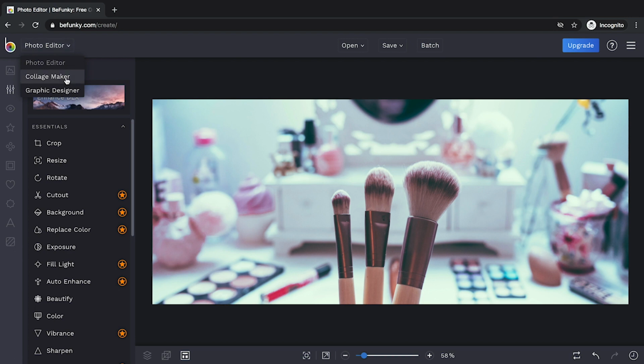You can also create collages, and you can also do graphic design on here, very basic stuff. I'll do a separate video on this and other photo editors that you can use on the fly, but on the whole, this should be everything you need for now. You've got your images, you know how to edit them, so let's start building out your store.